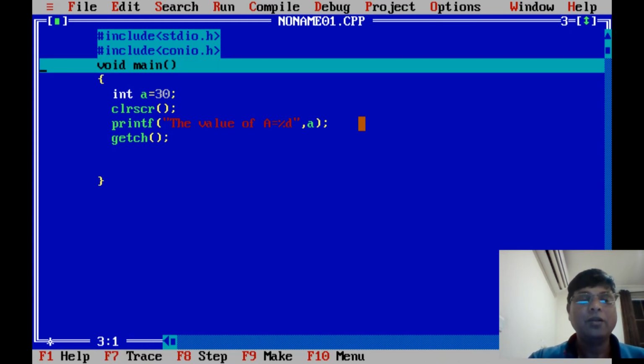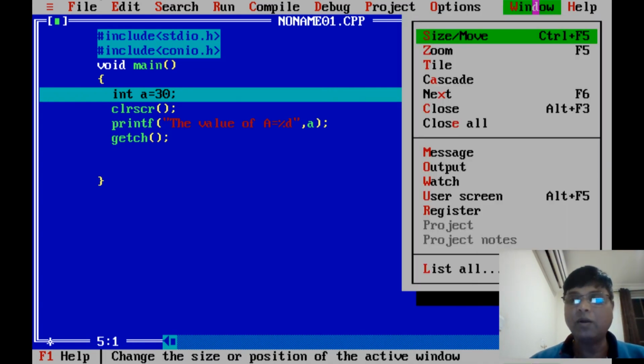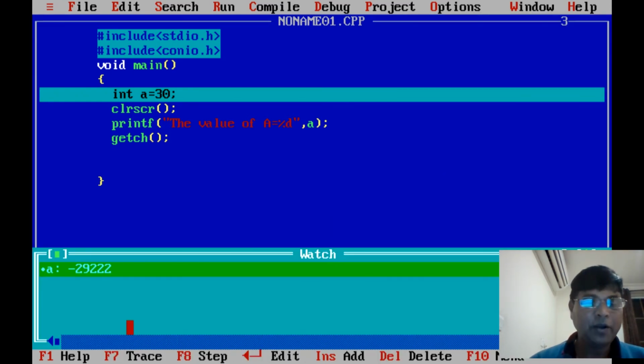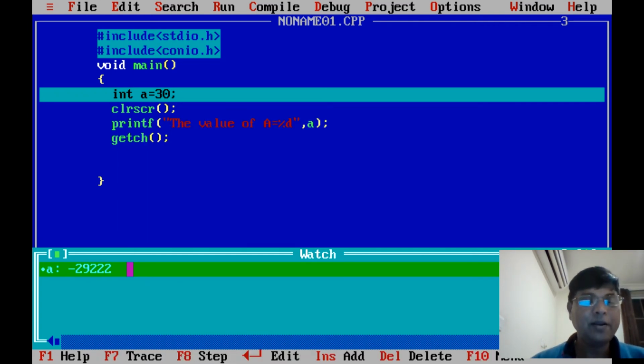As I said before, the program starts from main, the initial stage. Whenever a program starts, the compiler points first to the line void main. So the compiler has started, and then it jumps inside and declares the integer a. If I want to see what is going on inside the memory, I can watch. I go to the Watch window and declare a. It is there already, since I declared it before. By default the value of a is -2922, which is garbage.